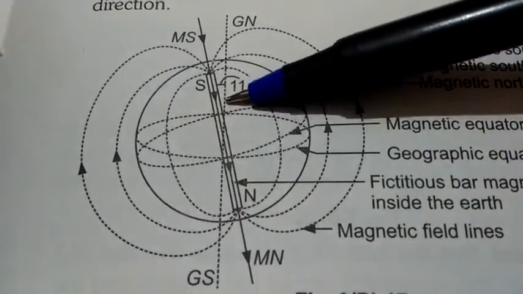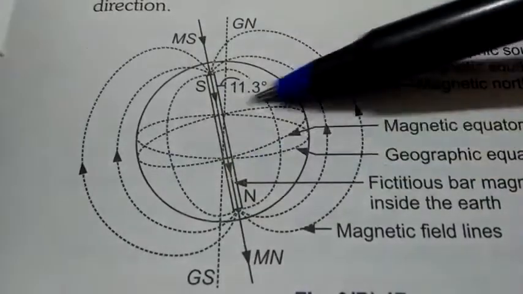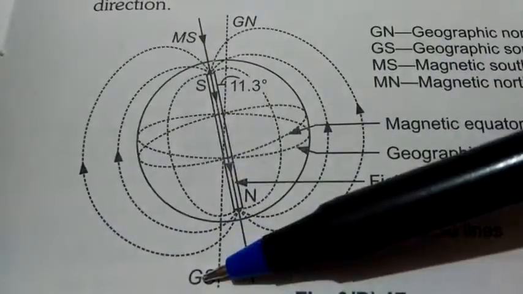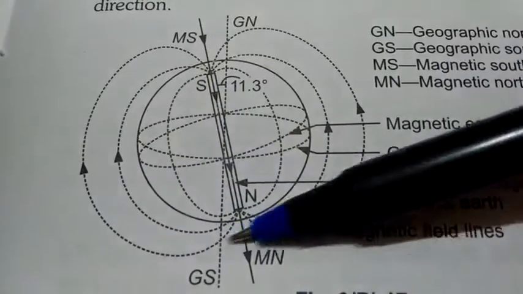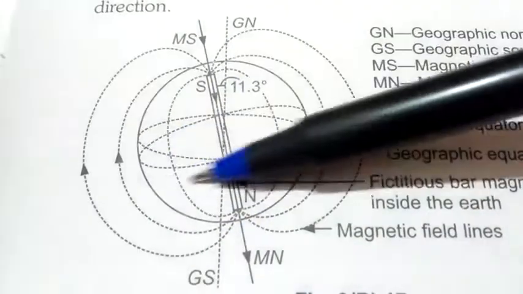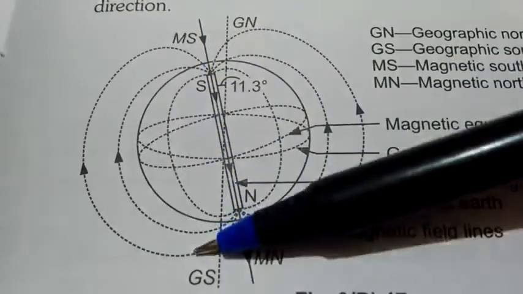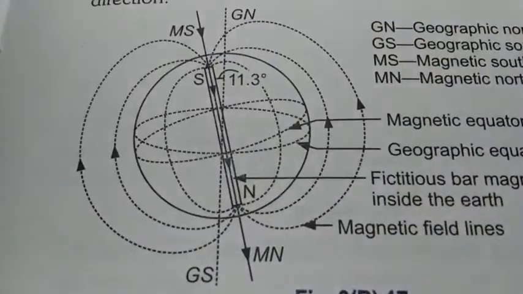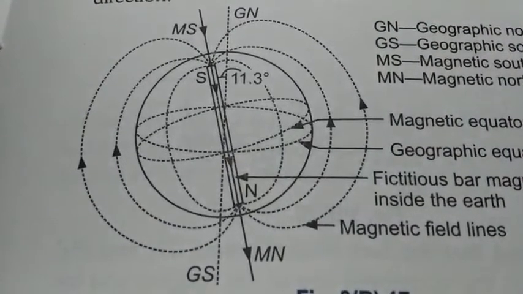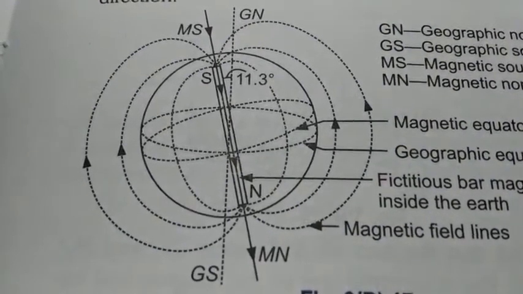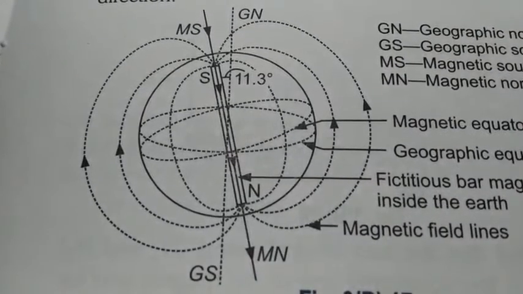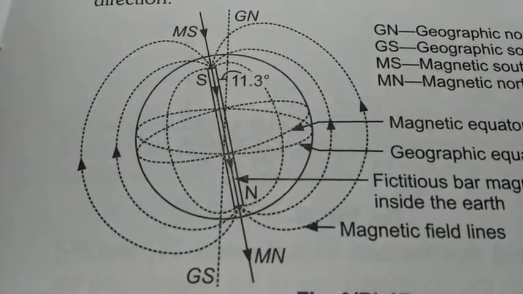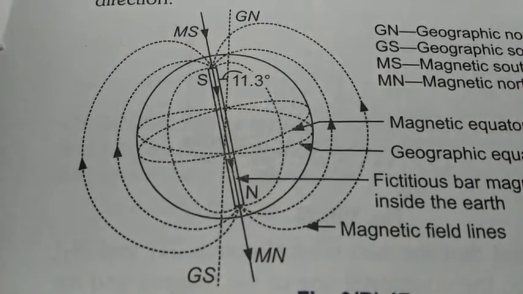Here in the case of the equator, you can see the equator is shown by these two circles. Equators are the surfaces which are perpendicular to the axis. Meridians are the surfaces which are vertical. Equators are horizontal and meridians are vertical, and they also pass through the axis. The vertical surface which passes through the geographic axis is called the geographical meridian, and the one which passes through the magnetic axis is called the magnetic meridian.